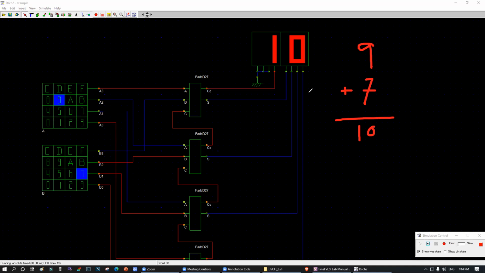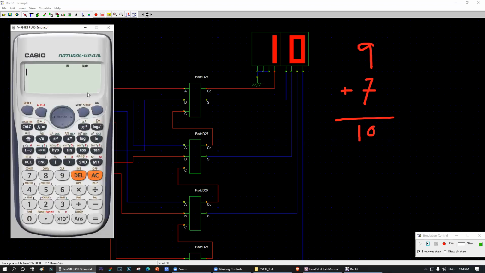Can anyone explain what happened here? Give me 1 minute and you explain. Hexadecimal, sir. Hexadecimal. So how do I know that? Here, look at this. Right here. So if I go to the base mode, that means base N 4. If I click 4, 9 plus 7 hexadecimal result is 10, right? 10. Can you see that? Yes, sir. Okay, good.